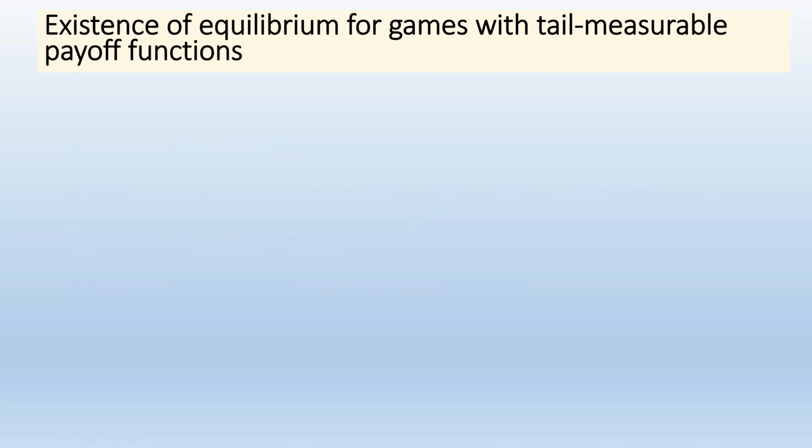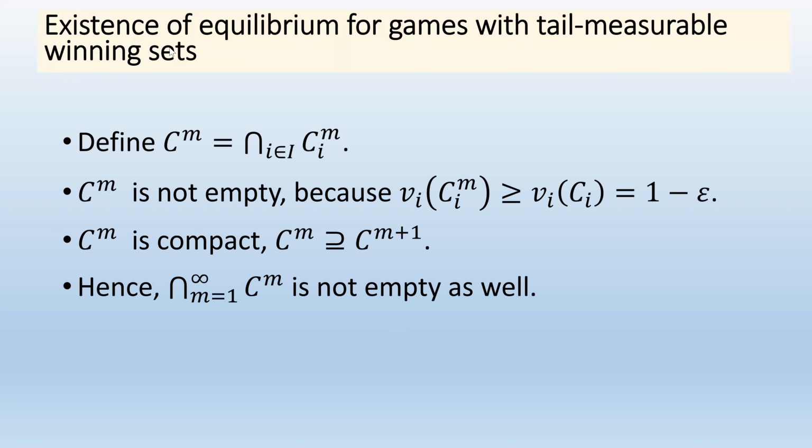Yeah. In the previous slide, if there is a deviation, because the intersection of the C_M may not be tail-measurable, we may get out of C_M if the player that has a payoff 0 does a deviation, but of course still be in W, yes? So how are we sure that all the players that were supposed to get 1 will still get 1? I don't know if my question is clear. Yeah, I think I understand. I will try to answer, but if I'm not answering, tell me.